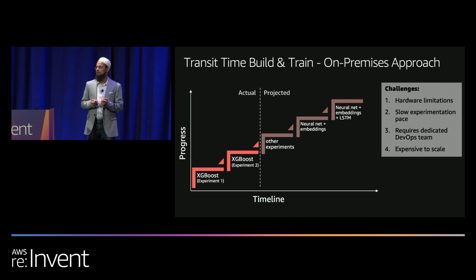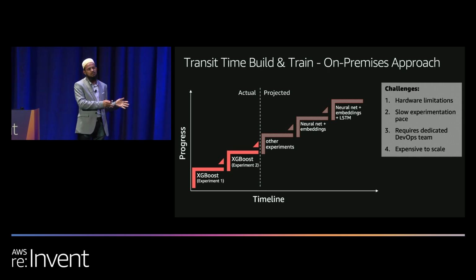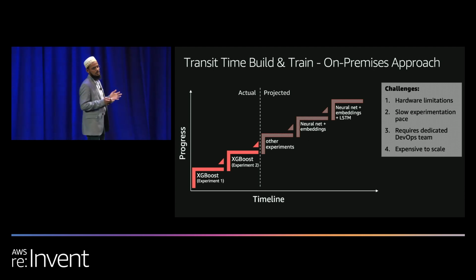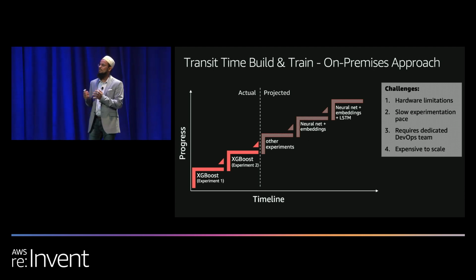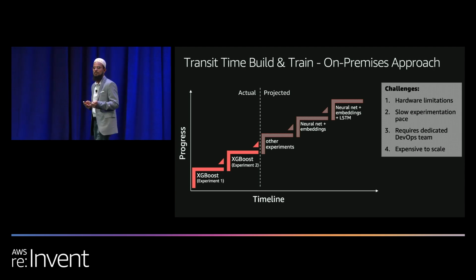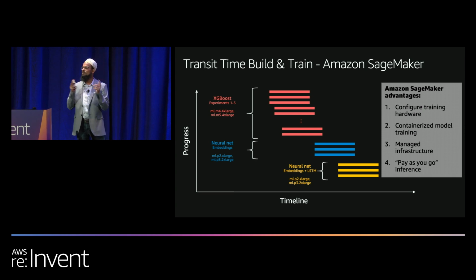In a traditional approach, the way we would have gone is we would have tried one experiment, let's say building a model on XGBoost, and then we get the results, and based on the results and learning, we'll try another experiment. And we'll keep on repeating this exercise. On top of that, if our resources are shared, our team may have to wait for their jobs to be picked up by the queue. So overall, this process is quite slow, and we may also hit hardware limitations. If we want to run a deep learning model and we don't have a GPU, the team will be stuck. So what we did was, using SageMaker, we built our own experimentation framework,